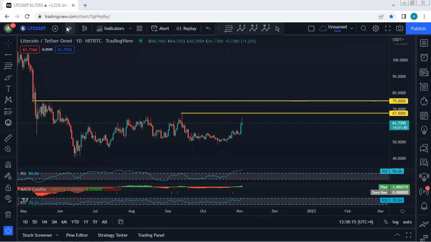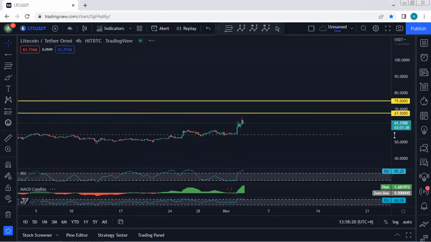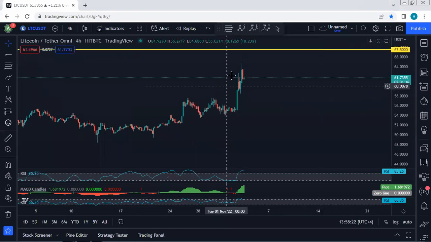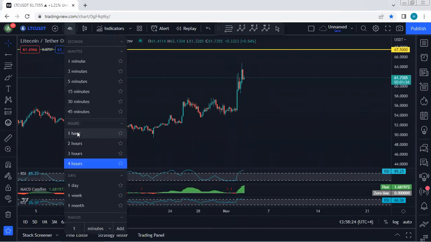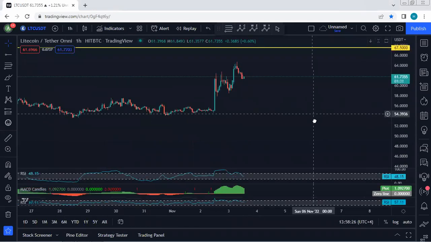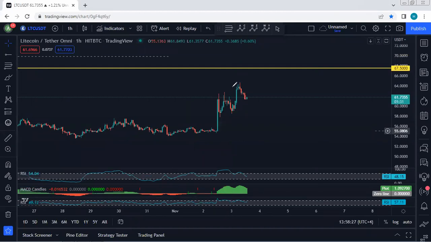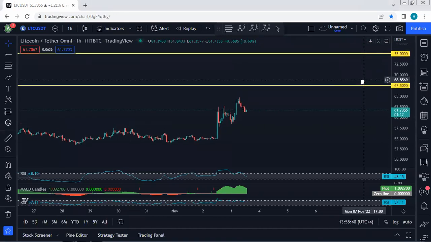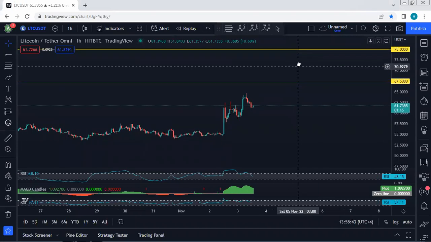And based on daily chart, I don't see any trade setup. And if we move to forward chart, right now we're looking at this. We want to see whether it tends to a correction. And even if we move to lower time frame, if anyone is looking at this one as a flat, similar to the other chart, if we get any opportunity for buy, we will take it. But the breakout of the 67.5 followed by 75 can be quite important.